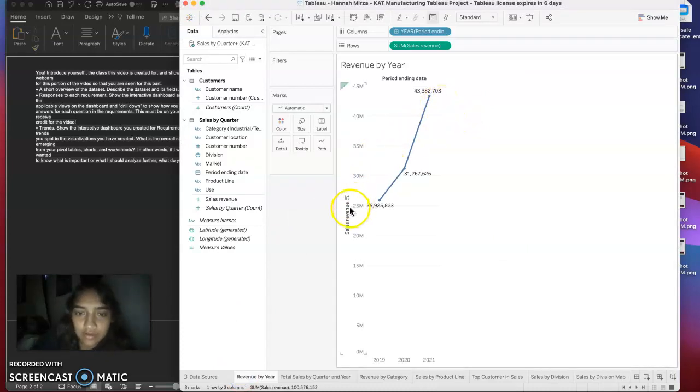As you can see, the y-axis is sale revenue, and it's by the millions, by 5 millions, and it shows the period and then the actual sales. So under 2019, you could see it's over 25 million sales, and it exponentially increases. So by the end of 2021, it got to 43 million. That is almost 20 million advance in sales. And going forward,